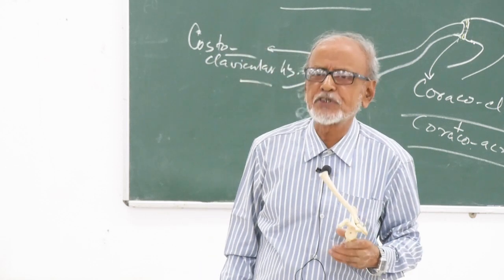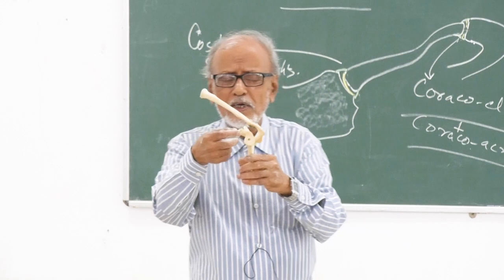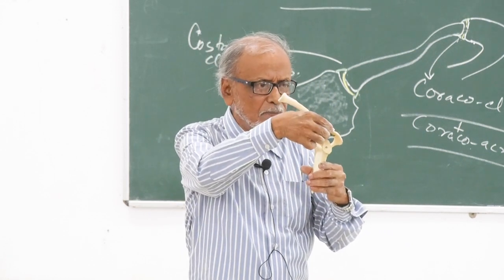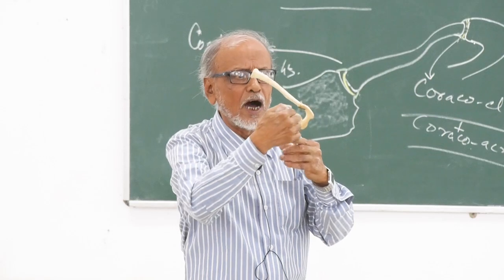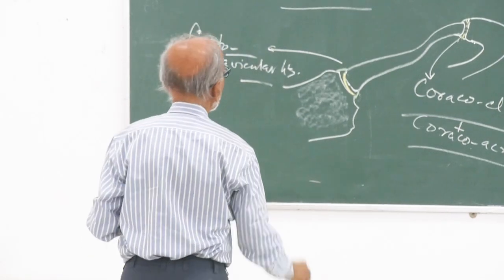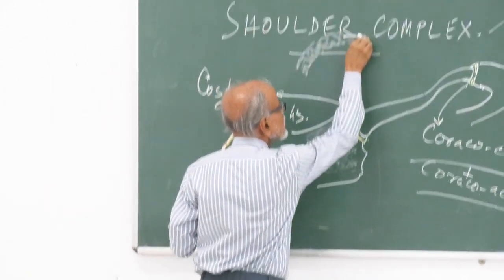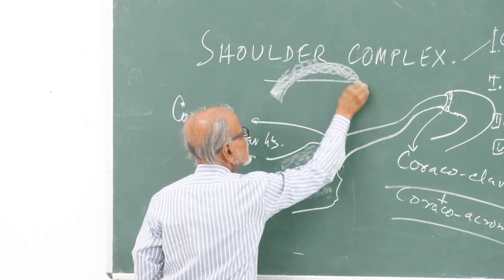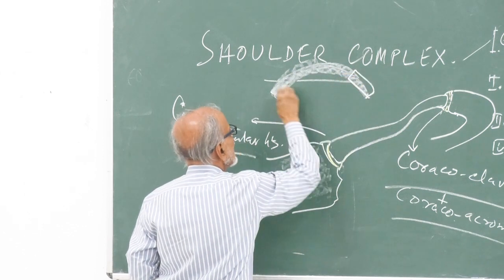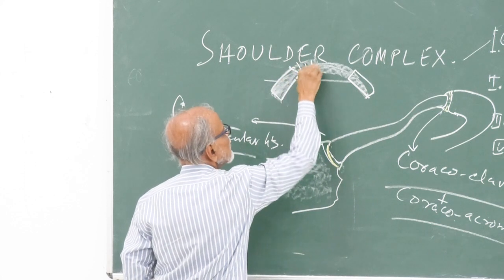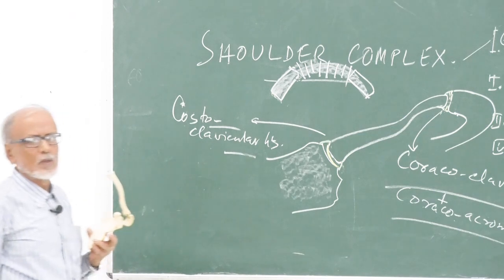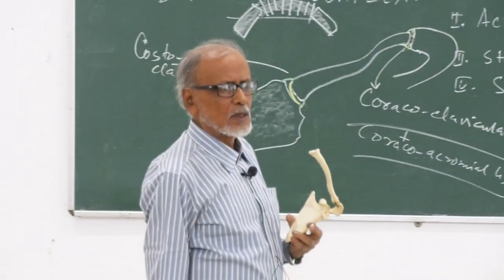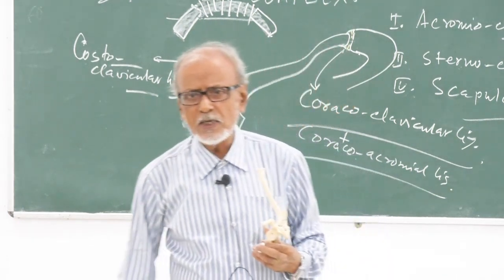কোরাকো-অ্যাক্রোমিয়াল আর্চ। এই যে কোরাকয়েড অ্যাক্রোমিয়াল ব্রিজ, তাহলে কী তৈরি হলো? কোরাকো-অ্যাক্রোমিয়াল আর্চ, একটা আর্চ এলিমেন্ট এইভাবে তৈরি হলো। এটা হচ্ছে অ্যাক্রোমিয়ান, এটা কোরাকয়েড, আর এটা কোরাকো-অ্যাক্রোমিয়াল লিগামেন্ট। ওসিওফাইব্রাস একটা আর্চ টু প্রোটেক্ট দ্য হিউমেরাল হেড from overshooting the glenoid fossa during raising the arm